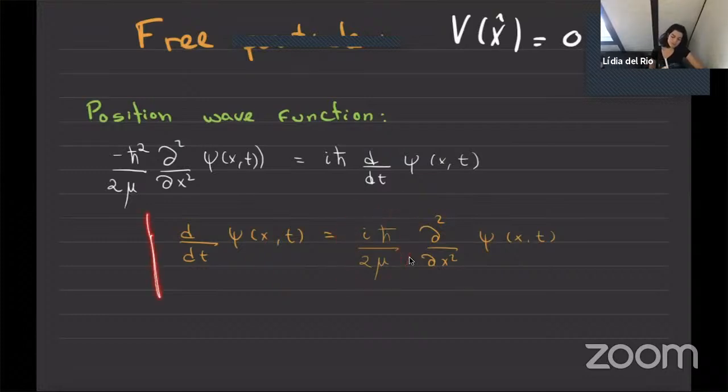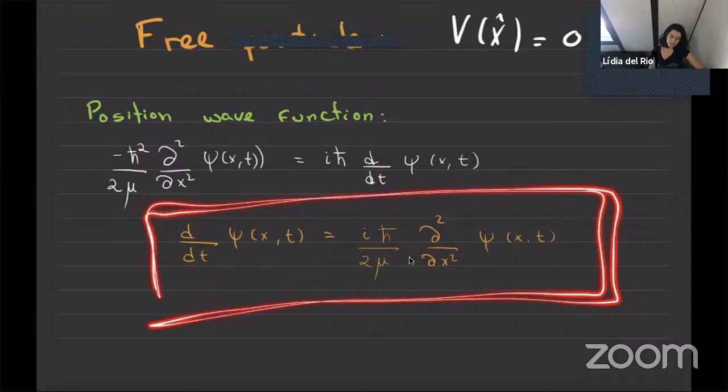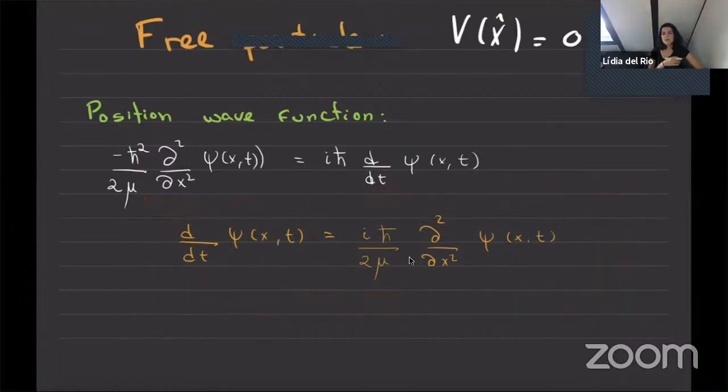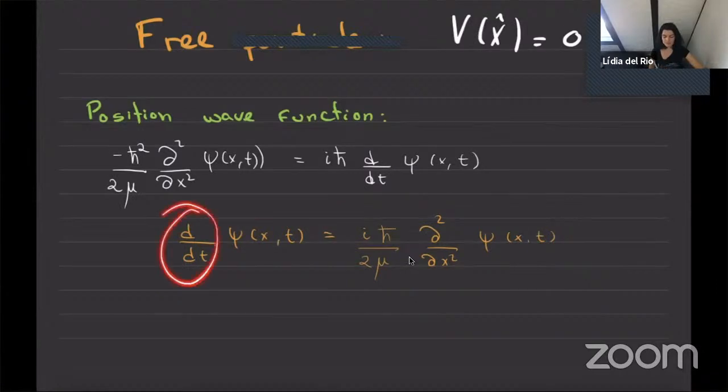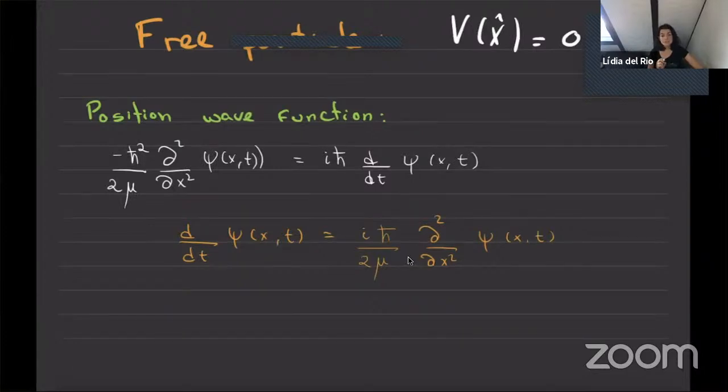And what is special about this equation is that it's exactly the same differential equation that governs the behavior of waves. If you think of sound waves or water waves in a pool, their physics is governed by an equation exactly like this, with the time derivative on one side and a double position derivative on the other side. Which is why we call these coefficients the wave function. It all comes from this example, and that's why we've been calling it the wave function all along. So I'm happy to clarify this. Now,